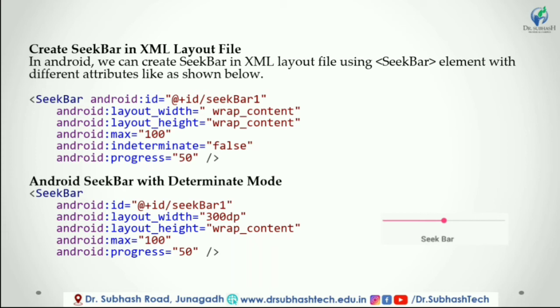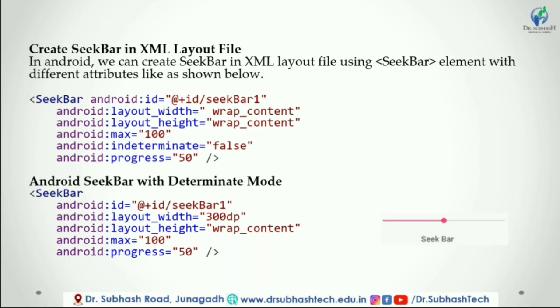In Android, the SeekBar supports two types of mode to show the progress. Those are determinate and indeterminate. Android SeekBar with determinate mode. Generally, we use determinate progress mode in SeekBar when we want to show the quantity of progress that has occurred, for example, the percentage of a file download and the number of records inserted into a database. Following is the example which shows a determinate SeekBar, which is 50% complete. The above code snippet will show the SeekBar like as shown below.